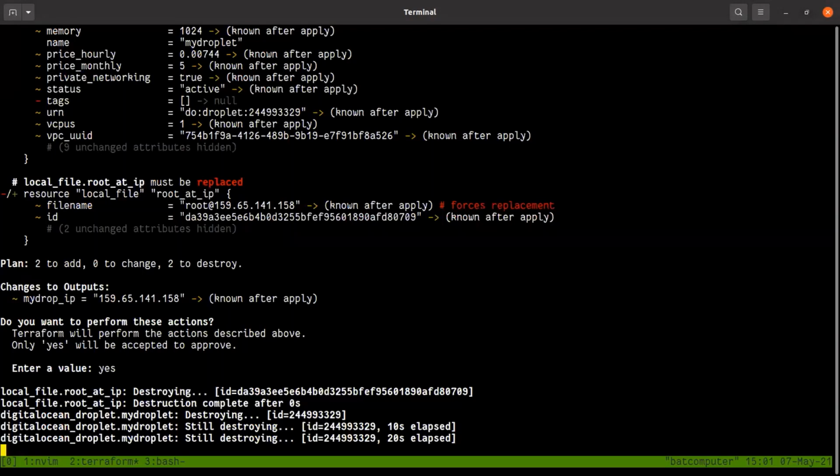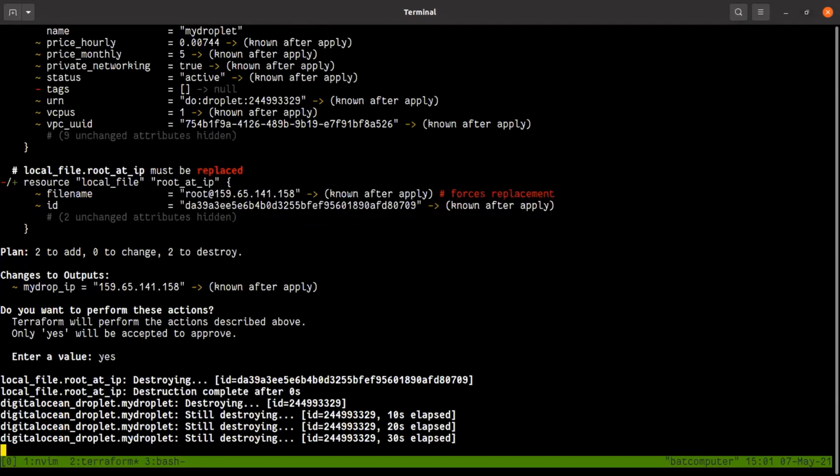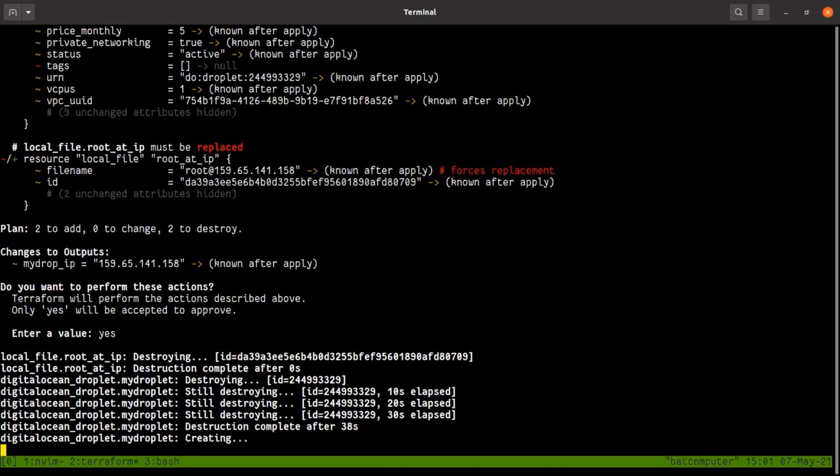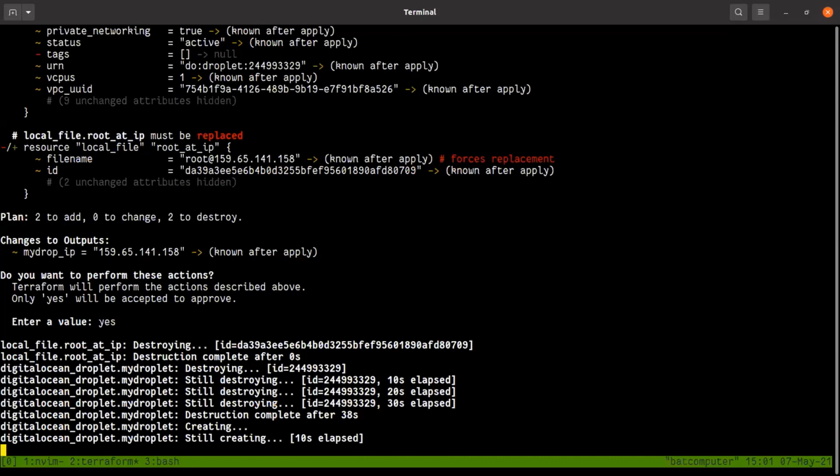Give it a minute. This time around, it's going to run a little bit longer because we will have these things to install. And hopefully we will be able to see it on our terminal here. So it's now recreating the resource.